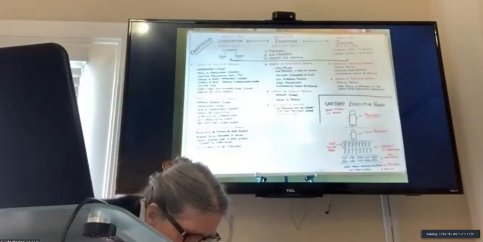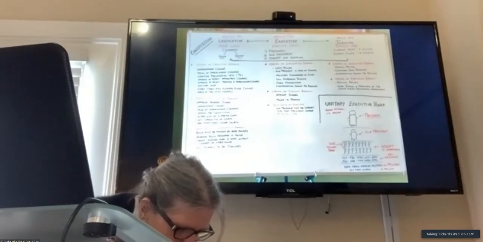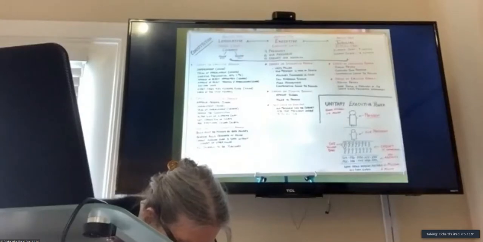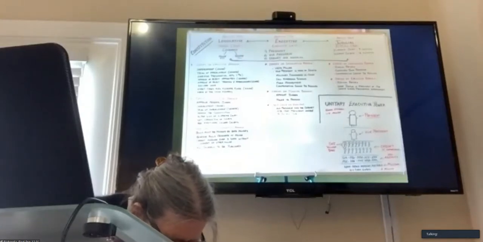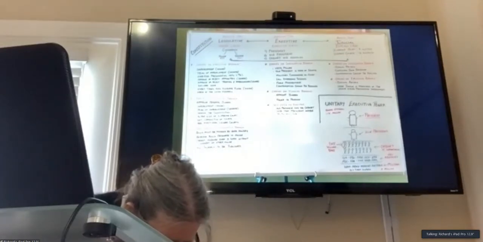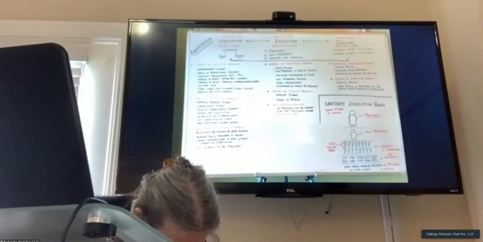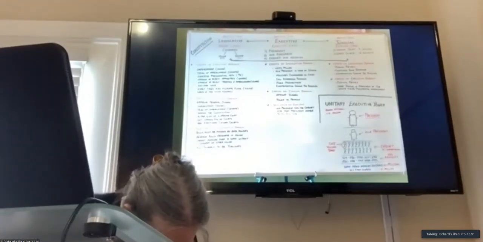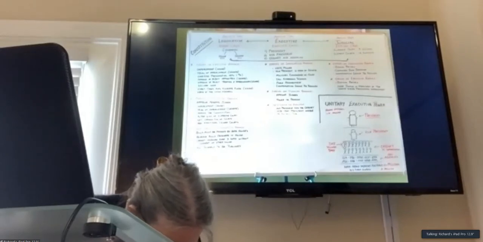Heavenly Father, we thank you, Lord, for your goodness and mercy. We thank you, Lord, for all this truth that you are showing us. We ask you for your continued presence, for opening our minds and our hearts to continue converting us to the image of Christ. We thank you for all you have done for us and for all that you will do. We praise you and thank you in Jesus' name. Amen.